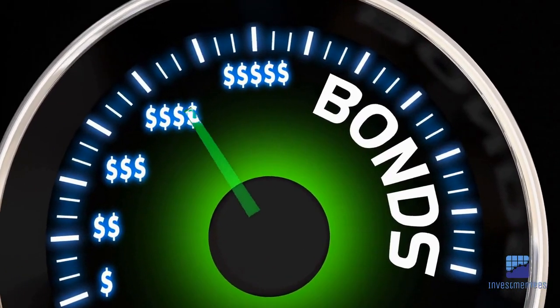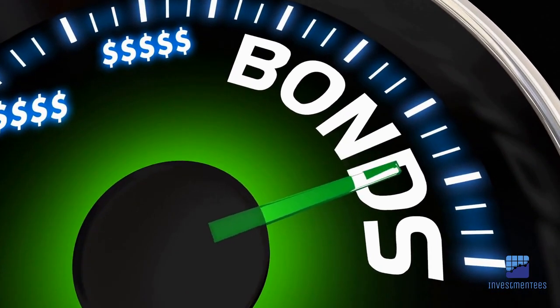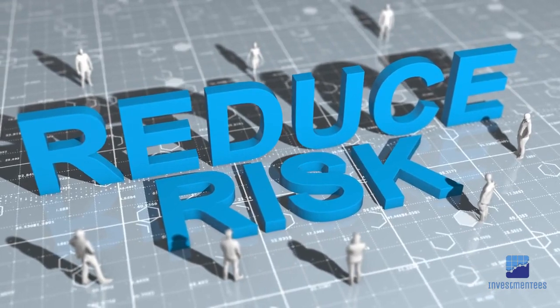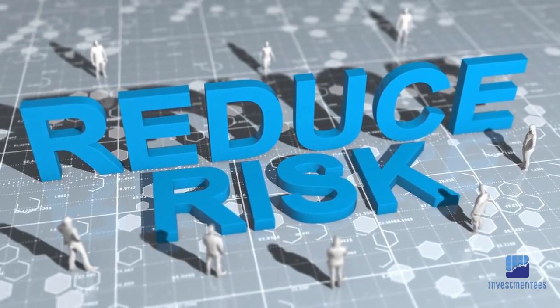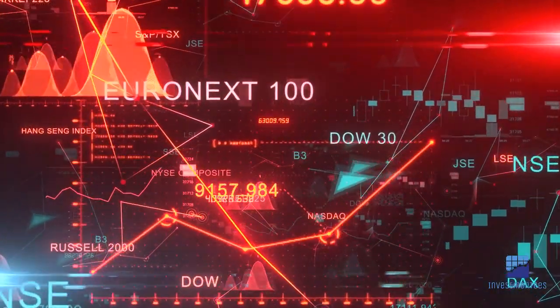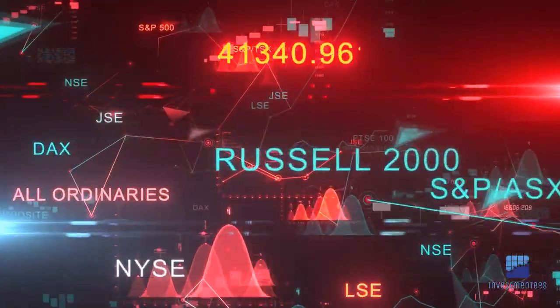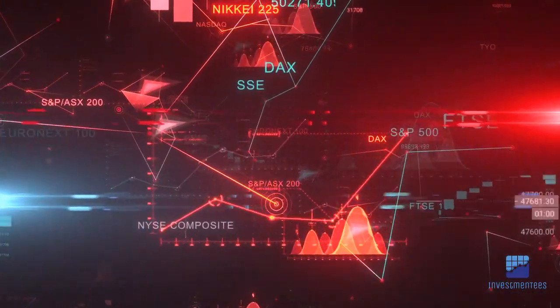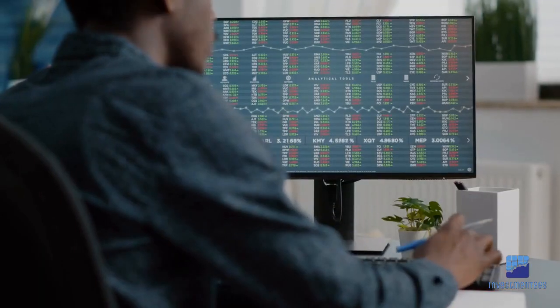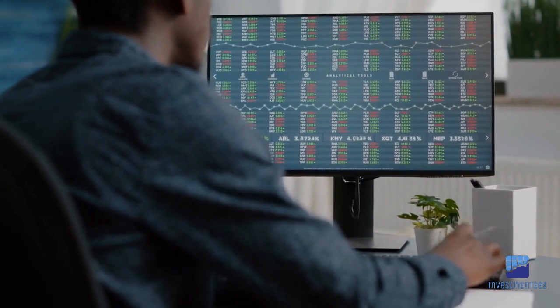4. Bond index funds. These funds invest in fixed income securities, such as treasury bonds or corporate bonds. They provide investors with exposure to the bond market and can help to balance the risk of a portfolio that is heavily weighted towards stocks. 5. Style index funds. These funds track the performance of a particular investment style, such as value or growth investing. Investors who are interested in investing in a particular style of investing can use style index funds to gain exposure